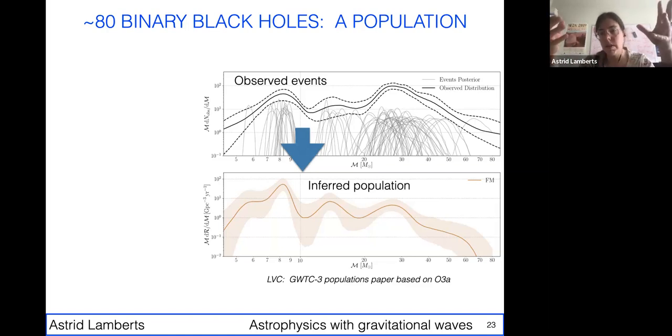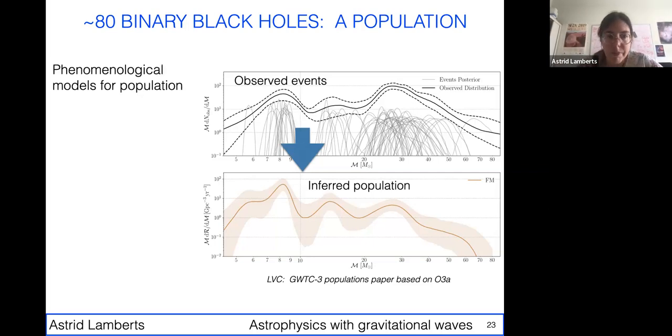So we have the observed events, and from that we can infer what we think the true population is. Basically reconstruct the mergers that we don't observe. And that obviously means we have to use population models. So this is why this is an inferred population. And so we see a mass spectrum that is sort of a power law with more low mass systems than high mass systems, but with quite a few bumps.